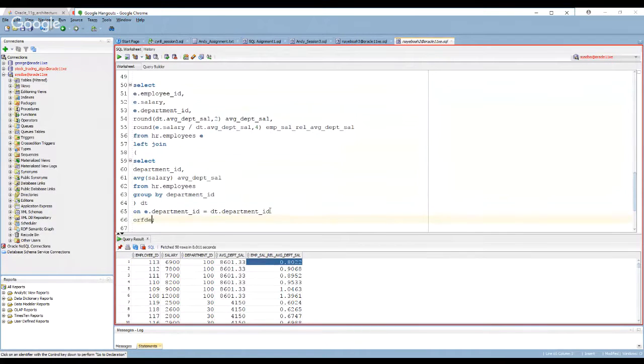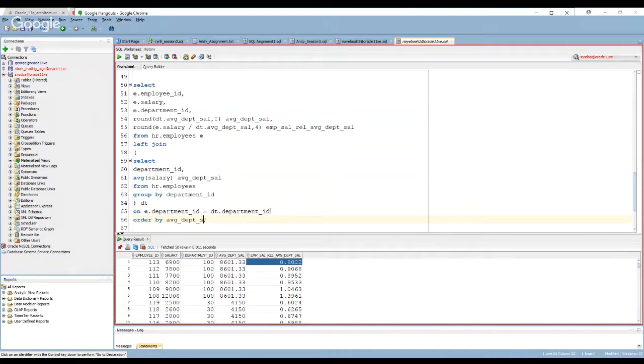I'm not done. I want to order the output so that it looks a little better. This output is on the employee level. It probably makes sense to order by the employee. And I didn't tell you which approach to use. And oftentimes you get problem statements where they won't tell you, right? But they expect that as you are building it, you're going to figure out what is a better way to display the output. If there's a business analyst or a systems analyst who happens to write a document spelling out exactly what they want, you are lucky, okay?